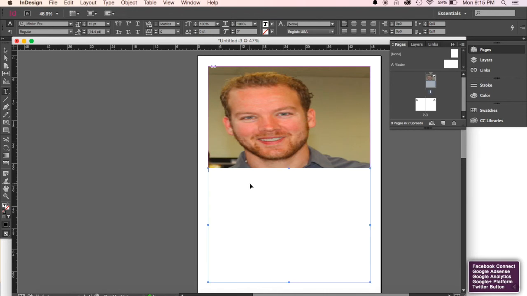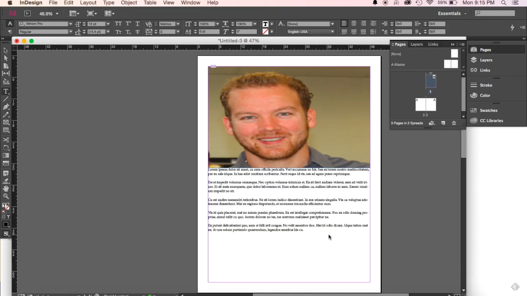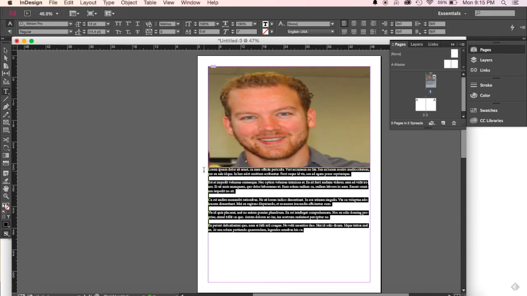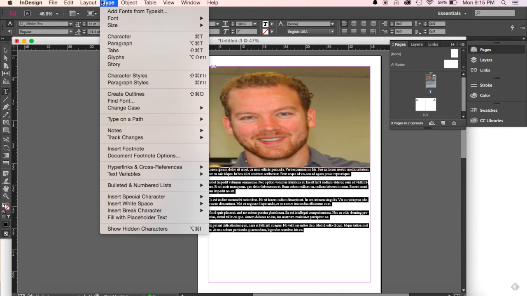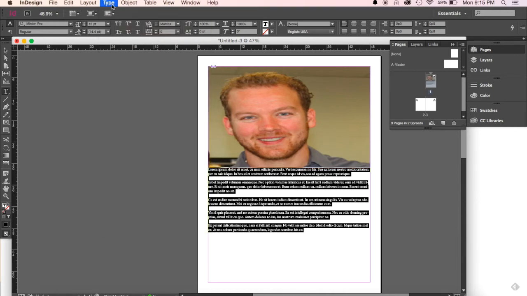and I'm going to paste my text right into this box here. This is just your standard lorem ipsum text. Once I've got my text in here, what I want you to do is come up and go to Type, and open up this character panel,